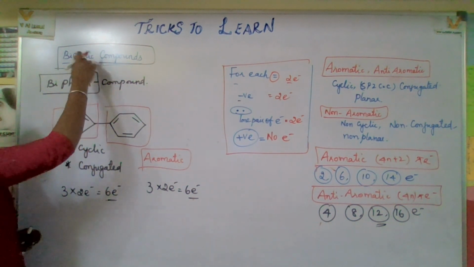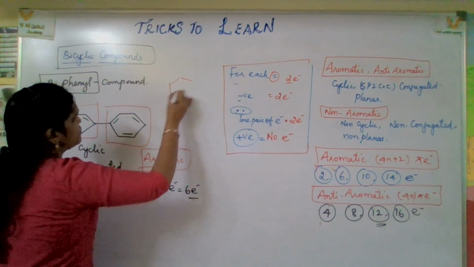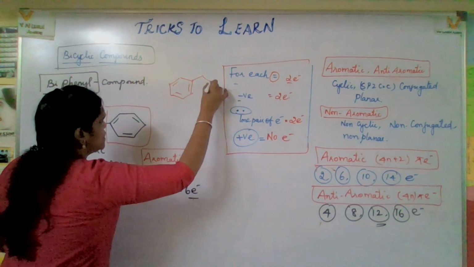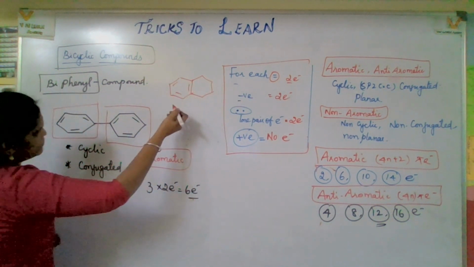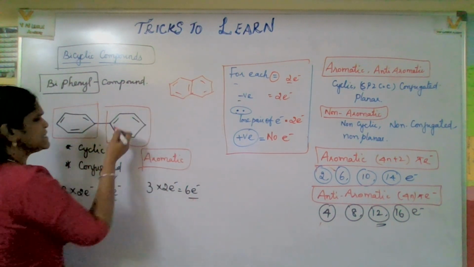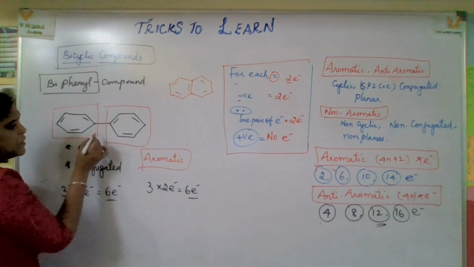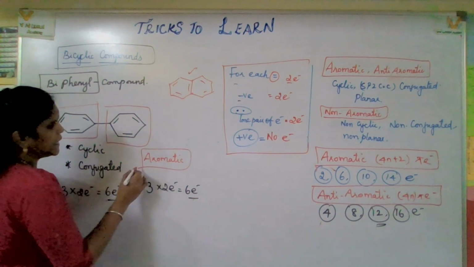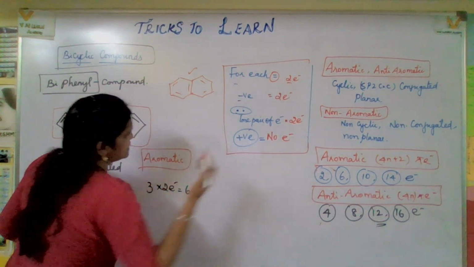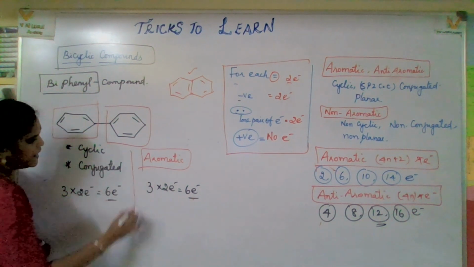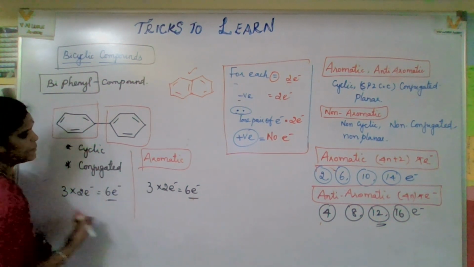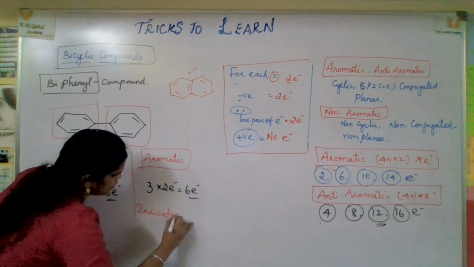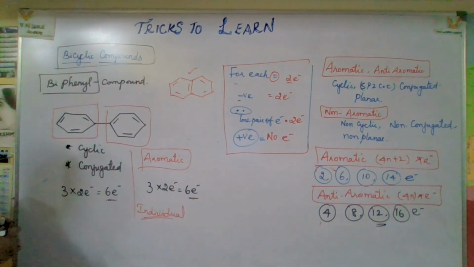So how do we check this? Biphenyl is biphenyl, and this is naphthalene, that is different. Here the rings are fused, so the shared double bond will come. This is naphthalene, which is different, whereas here there is a single bond between the rings, so it is individual. Naphthalene has 10 electrons, so yes, it's aromatic. But here 12 electrons, we cannot add these together because the rings are individual. I hope you got a clear idea about these points.